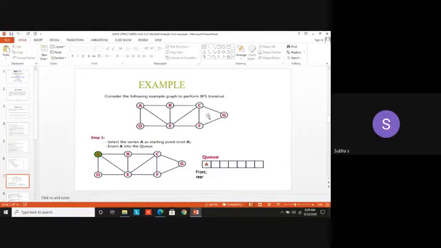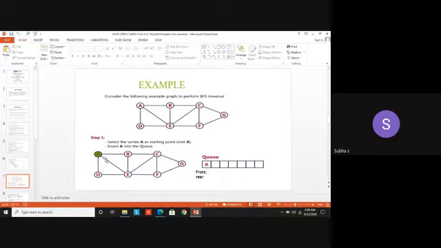Assume that you are going from one country to another country or one place to another place. Suppose you are aiming at visiting some 5 to 6 cities. So at the end you must have visited all those 6 cities while reaching your destination. For that we are using this concept. Assume your source vertex as A. So you are starting from A.